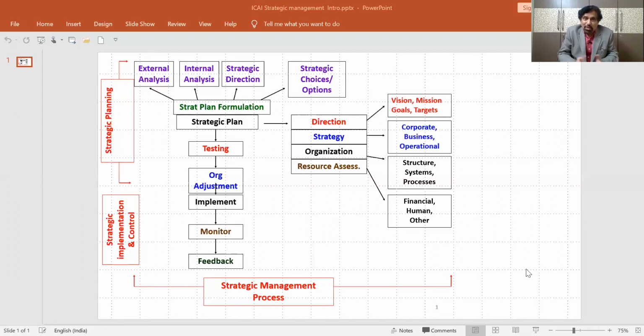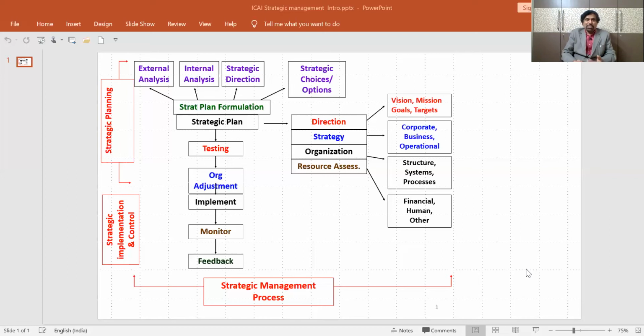When we talk of direction, we talk in terms of ascertaining what our vision is, where we see ourselves 5 years, 10 years from now, and determining our mission. What is the purpose? Why do we exist? What purpose do we fulfill as an organization, etc. That all comes under the strategic direction. As a result of all these processes, we end up with a strategic plan,